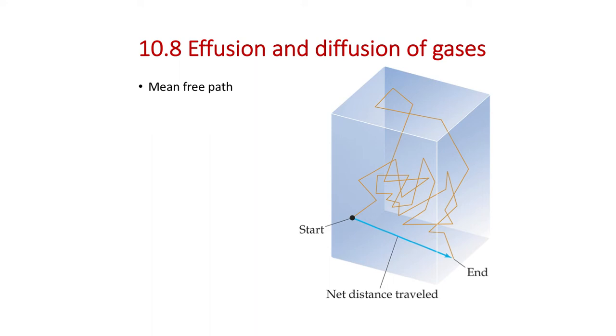Okay, and so then the diffusion of gases. Effusion is escape from a pinhole, which is what we were just talking about. The diffusion of gas is the smell from one side of the room making it to the other side of the room. If you think of cooking, or the smell of coffee being made downstairs making its way upstairs, that's the diffusion of gas.